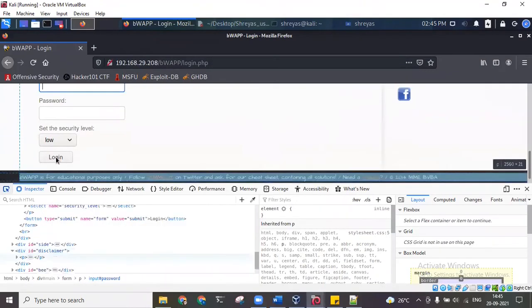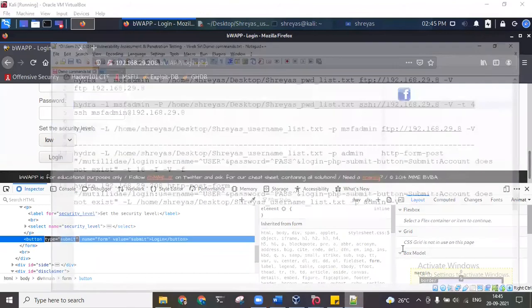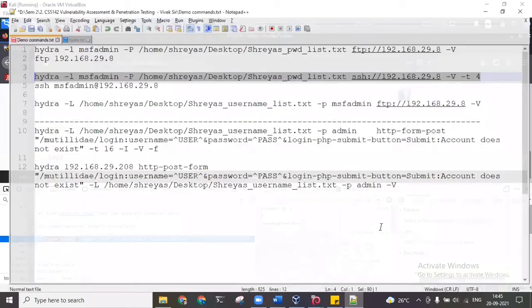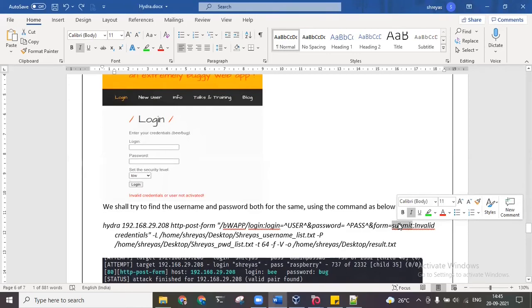So what is this? Here we can see the name is form and the type is submit. So the command is something like form equal to submit. That is like click on this button. The ID is not login, the ID is form and the action is submit. So for any web element with this ID or name, we need to perform this submit action, and we need to keep doing it till we get this invalid credentials.